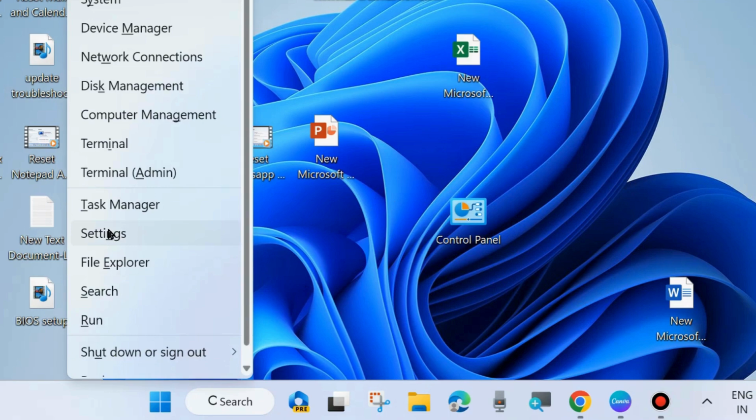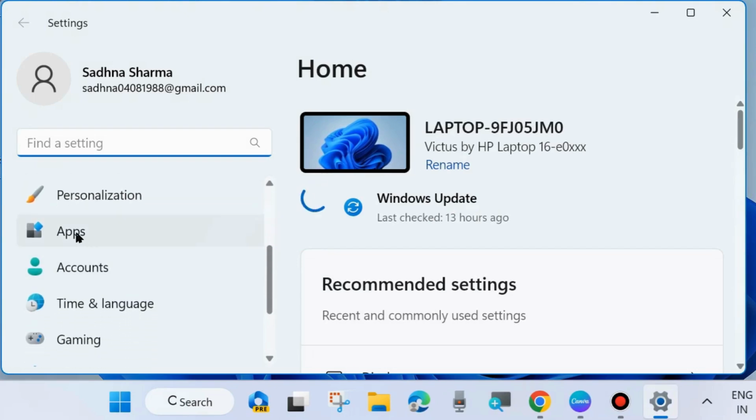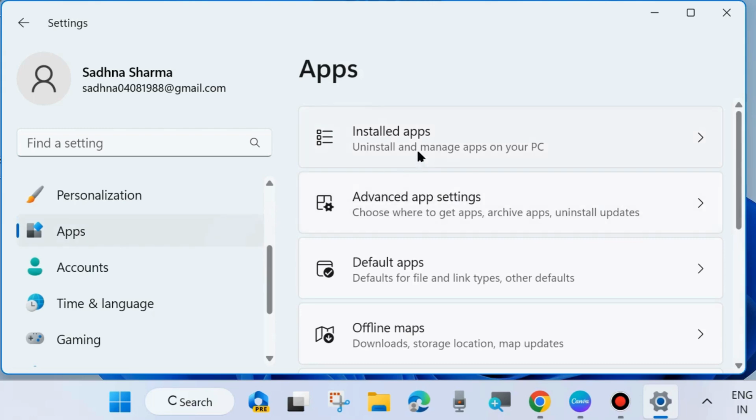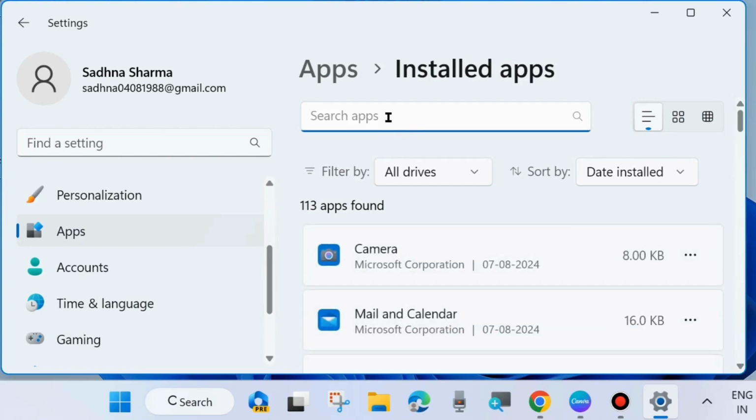To do so, go to Windows settings by pressing Win plus I shortcut key, and here from the left side choose apps. Thereafter go to the right side and click on installed apps. Here in the search field type Xbox